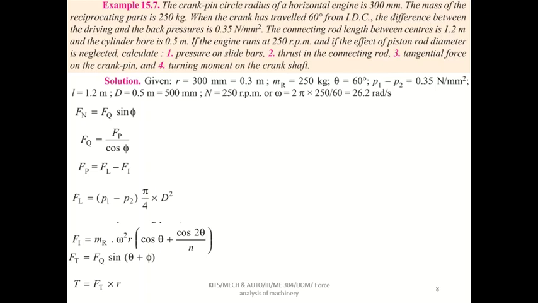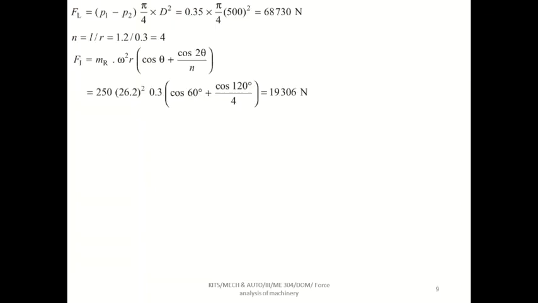Here you have to keep everything in meter. Because the radius of the crank pin is 300 mm, but we put that as 0.3. Because if you put in meter, then only you will get the final answer in Newton. Why are we putting it in meter? What is the force formula? Force formula is force equal to mass into acceleration. What is the unit of mass? Kg. What is the unit of acceleration? Meter per second square.